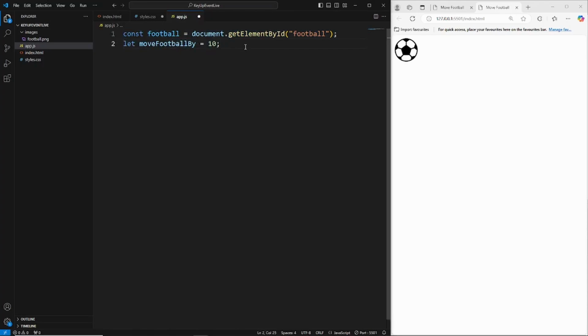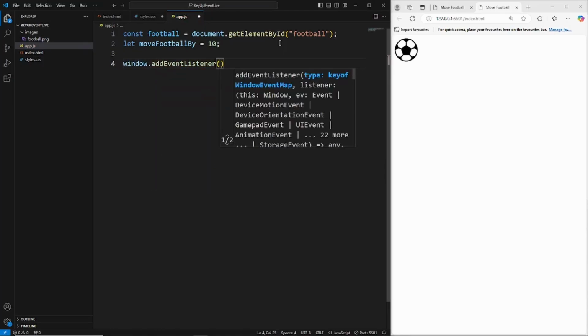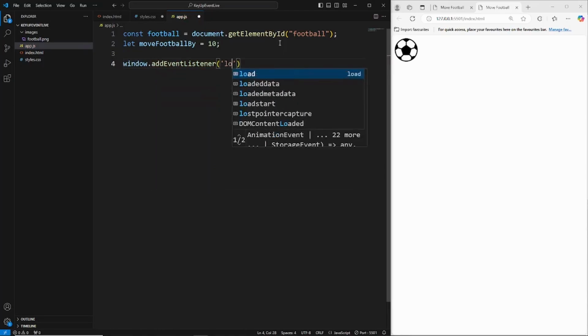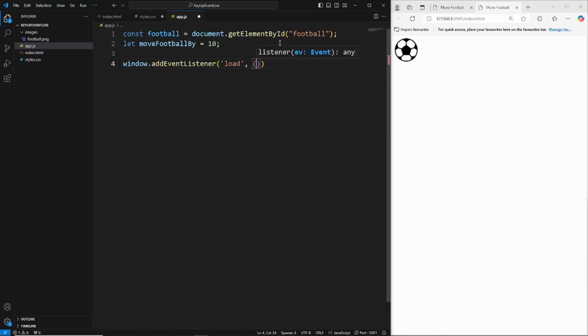Now what we're going to need to do from here is add an event listener to the window onLoad, which is going to give the football a position of absolute, and set the left and top to 0. So if you take a look at this example, you can see it's actually right in the corner, whereas this one isn't. What we'll do now is position this absolute, and you'll see why in a moment, but we'll say window.addEventListener, and then we're going to say the load event, which is an entirely different event, but this is essentially an event which triggers every time the window loads. So we want to say every time the window loads,